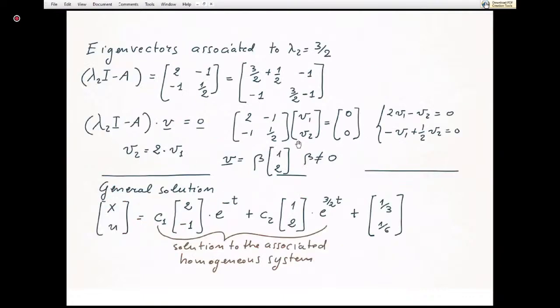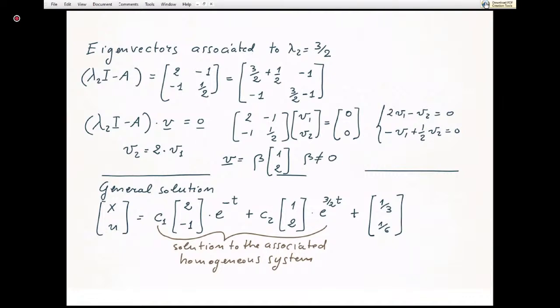Do the same with the other eigenvalue, 3/2. Build the matrix lambda 2 identity minus A, which is this one. Compute lambda 2 identity minus A times the vector equal to 0. Solve for the vector. The two equations are equivalent. Take one of them. V2 is equal to 2V1. The second component is twice the first component. So this is the second eigenvector. The solution is (x, u). Now, of course,